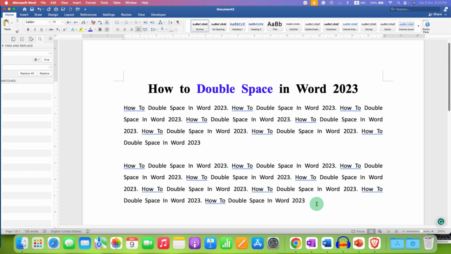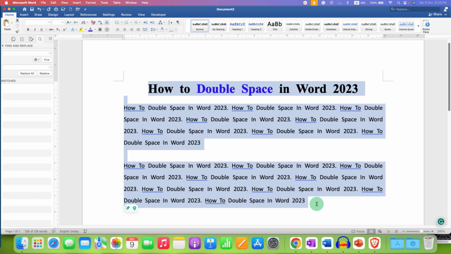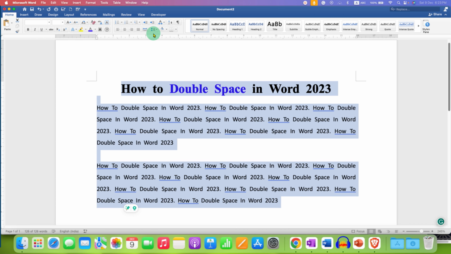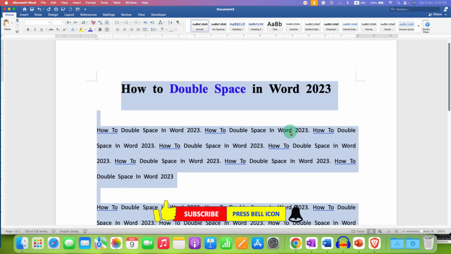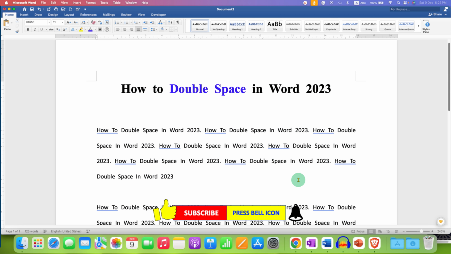If you want to double space the line spacing, then you can just press Ctrl A or Command A on Mac to select everything, and under the Home tab you will see the option of line spacing. So for the double spacing, you just have to select 2.0, and this will give double line spacing with double